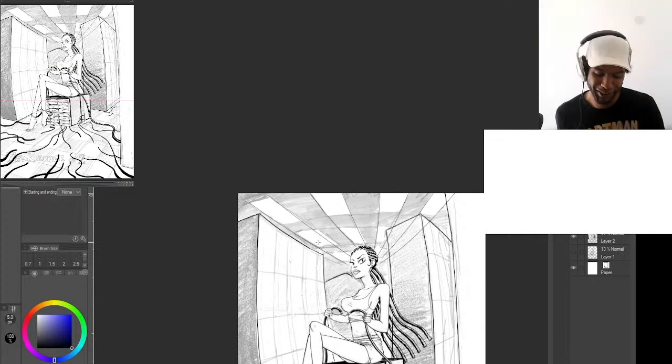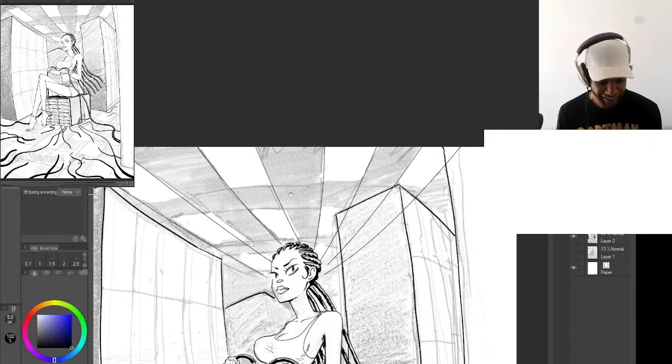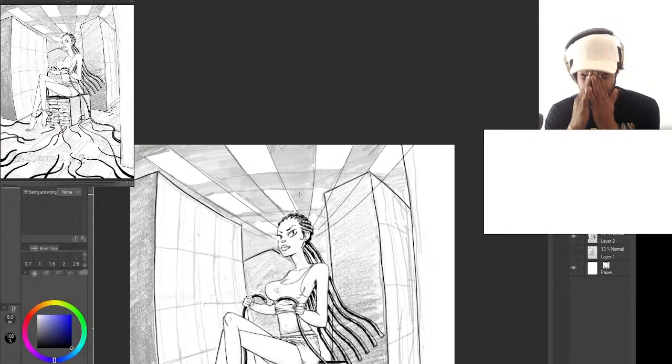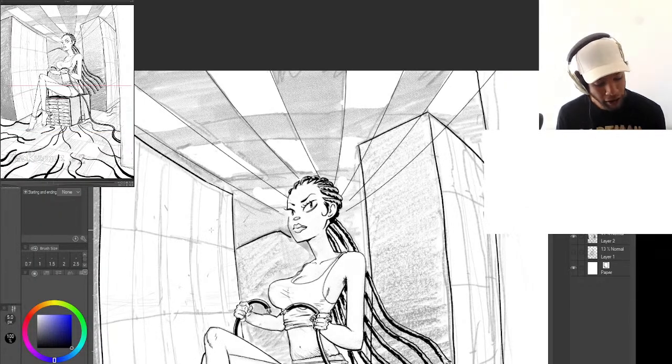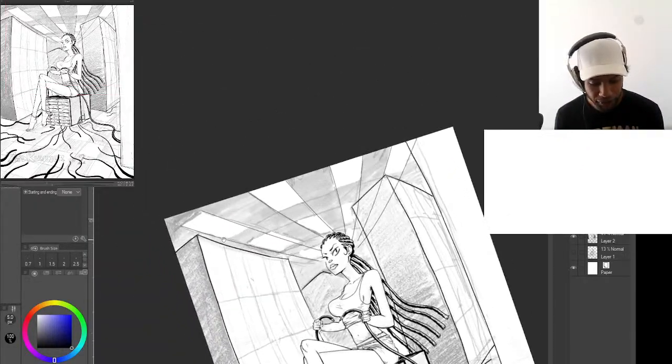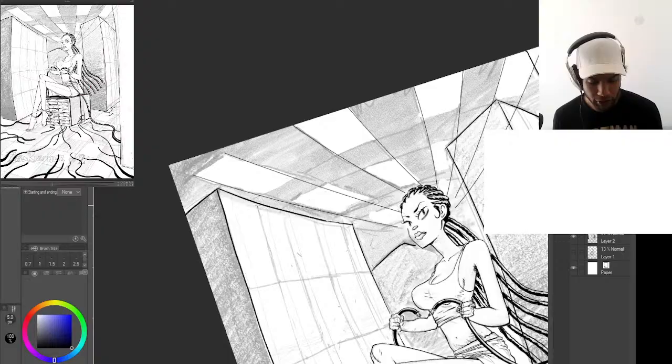Why didn't I use a perspective grid? This whole shit is ass. That's the thing. Oh my god. Things look so good in pencils that as soon as you start making it binary with black and white, every flaw is so blatant.